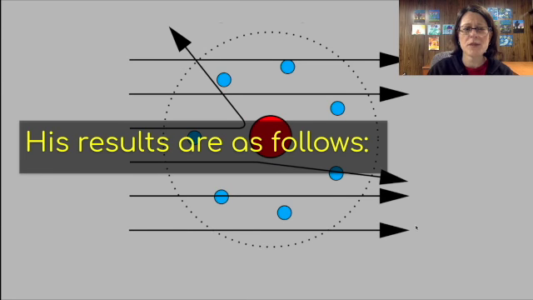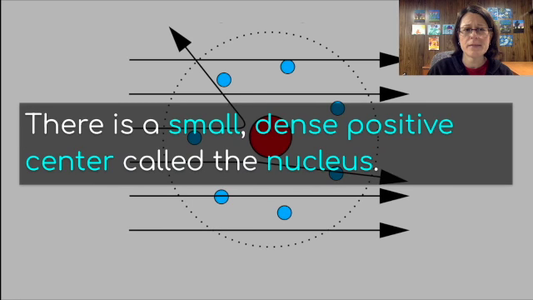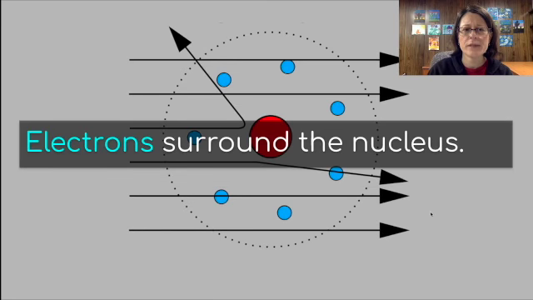And his results are as follows. The atom is mostly empty space. There is a small, dense positive center called the nucleus. That's that red spot in the center where most of the mass of the atom would be contained. And electrons surround the nucleus. And that's getting a lot closer to our understanding of the atom today. So after